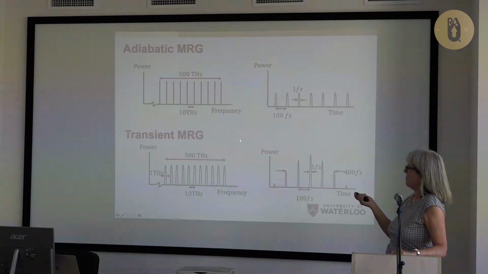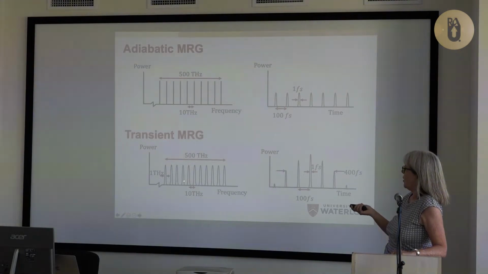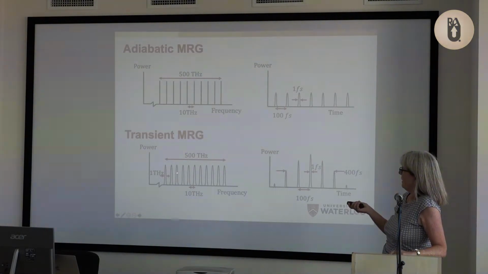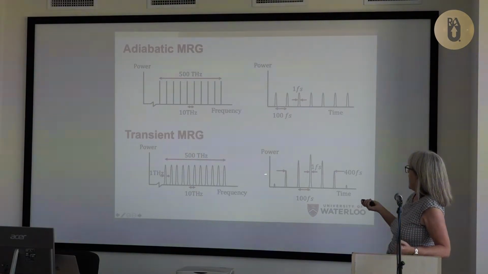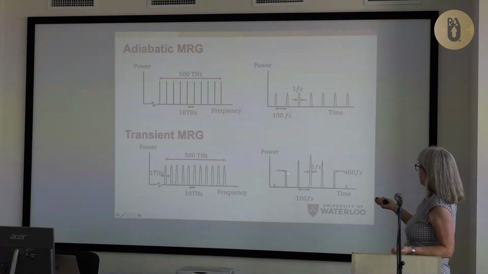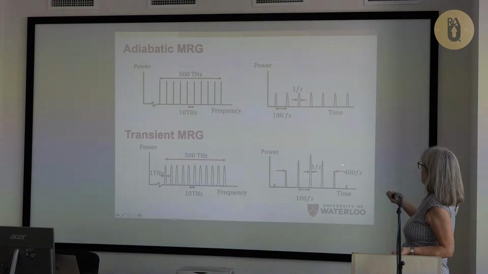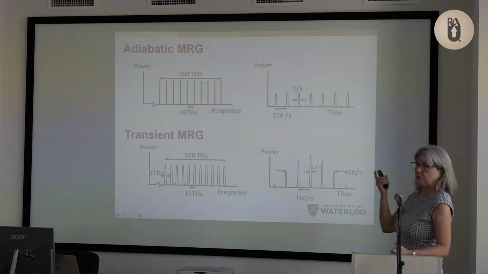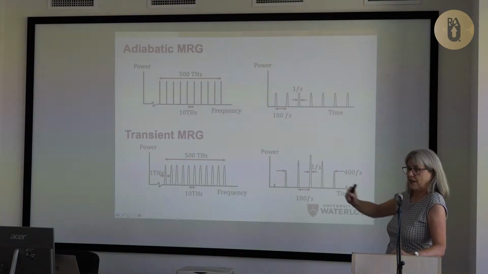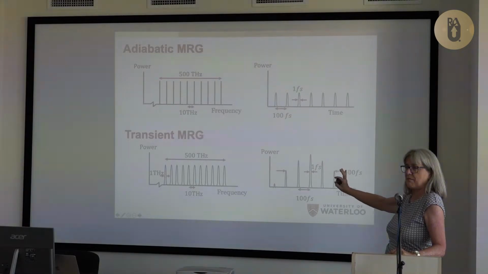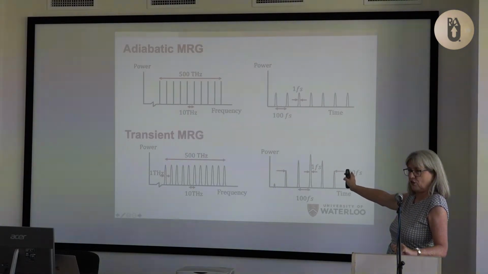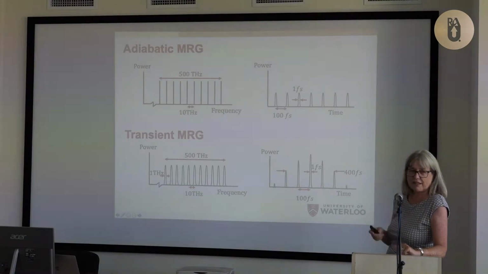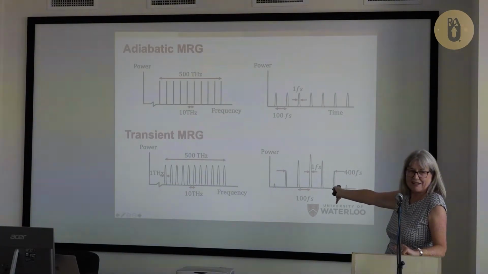Ideally, we would like to be doing it in the transient MRG, where we now have some thicknesses because we're going in with shorter pulses. And so we would have maybe just 400 femtoseconds, our single femtosecond pulses still separated by 100. And obviously we would even like to get this maybe down to 200 femtoseconds. So these guys are down quite a bit, and all the energy would be in the single femtosecond pulse. So this has been our goal. We've been aiming for this. I've been telling my friend Joe he's going to get this. And now the rest of my talk is going to be about why he hasn't gotten it.